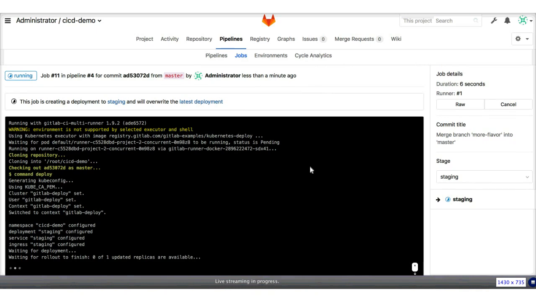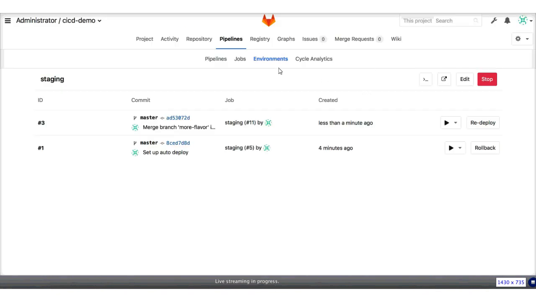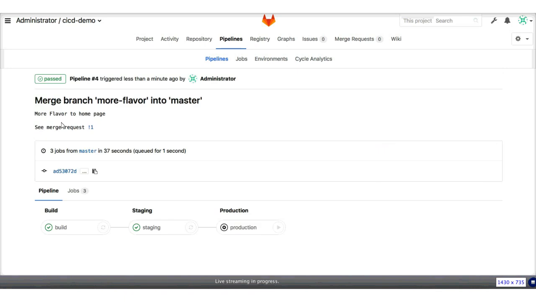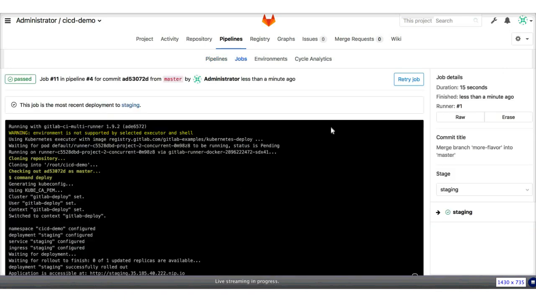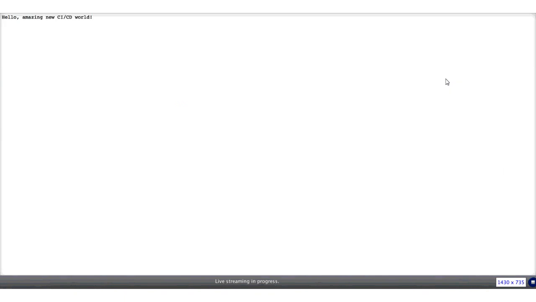This will take just a couple seconds. Go check out our environment here and see if it's been updated. And it's just about finishing. So right now we're having that container come up, or it takes a couple seconds sometimes. Oh, and there it goes. It should be ready. That's great. Go back to our staging environment and check it out. And there it goes. So our staging environment now has our latest and greatest changes,